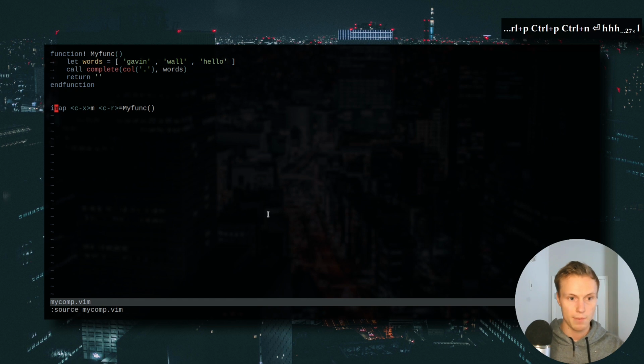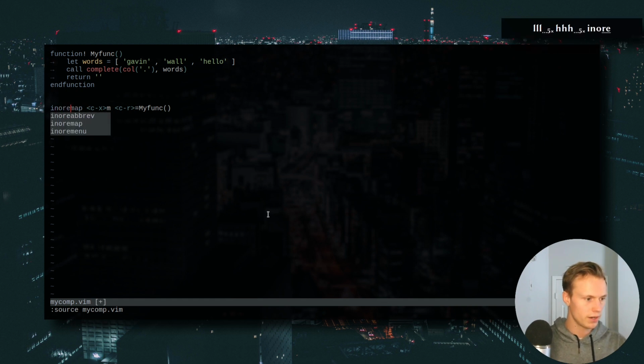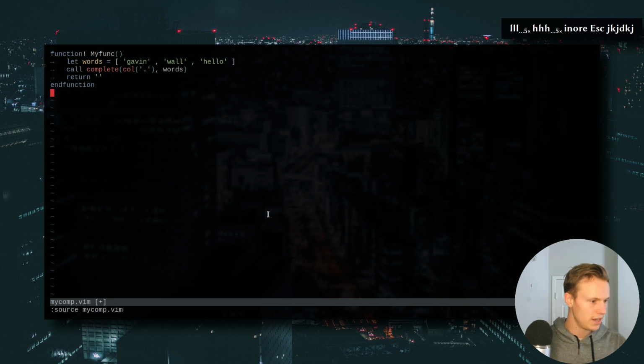The reason I used imap is just because it allows us to remap the same key binding, but if you were actually comfortable with this and this is what you wanted, you would use noremap, just to avoid anything from overlapping with it. Anyways, so going back to this, we're just going to save it, we're going to source it, and then we're just going to do Control X, M,